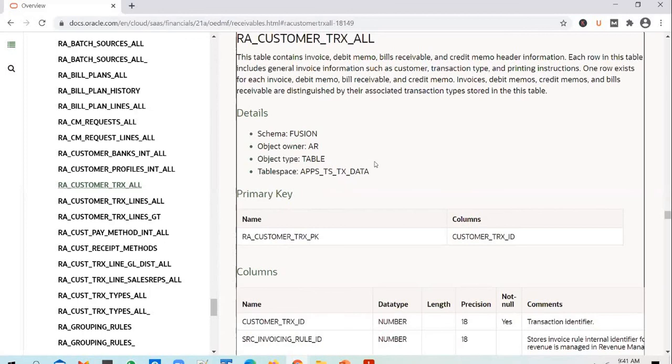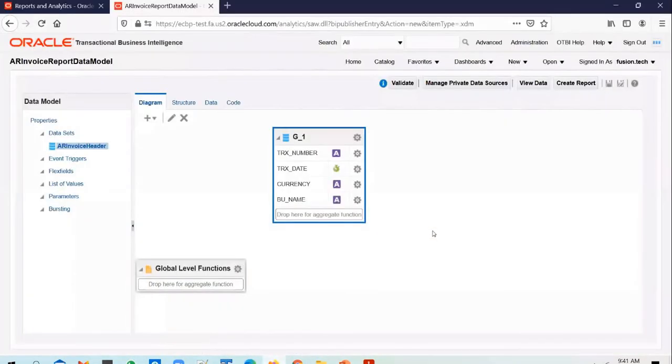We usually use a lot of Toad for validating queries. So suppose there is no database access in the cloud, how do you validate the queries? If you make some mistake, the data model will complain.